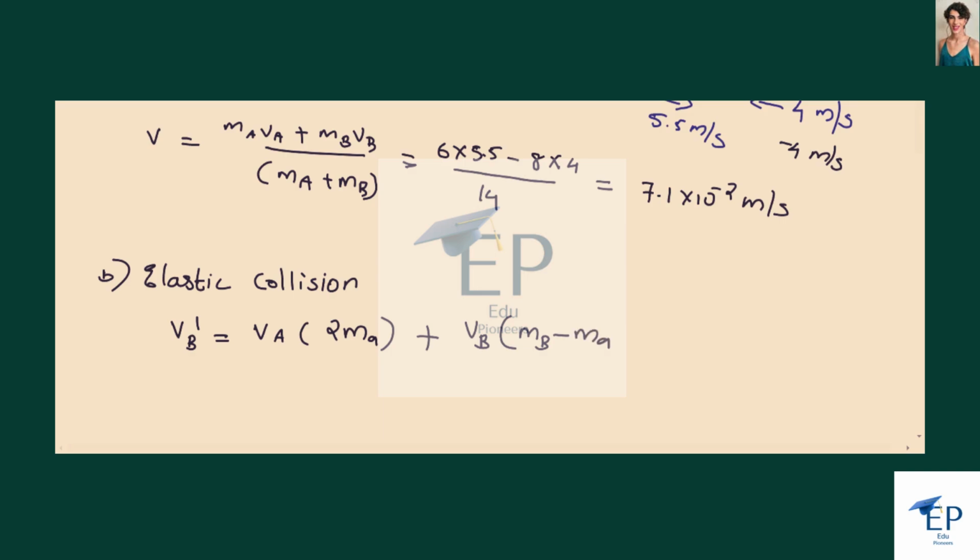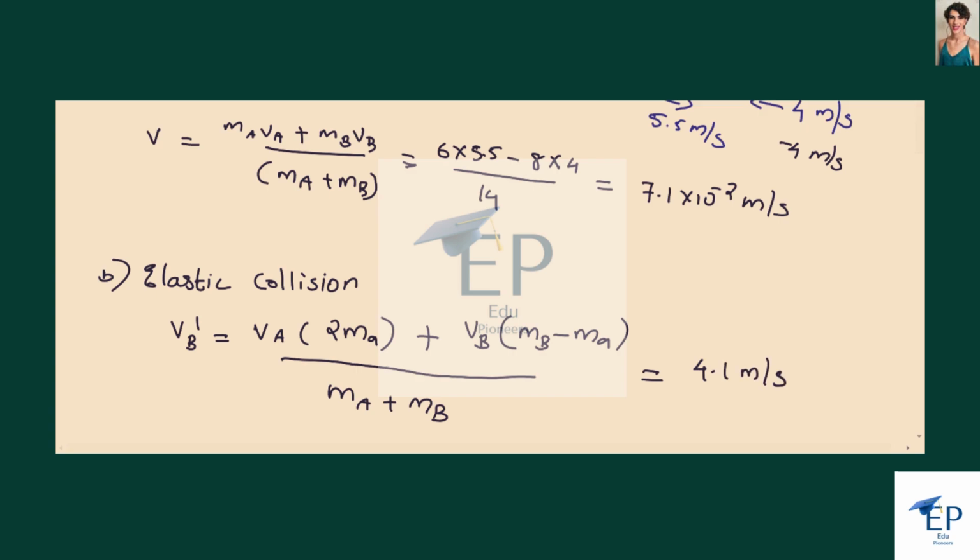So from that, we can arrive at Vb prime equal to Va into 2Ma plus Vb into Mb minus Ma, all divided by Ma plus Mb. We already know all the quantities and we can substitute it to obtain the velocity as 4.1